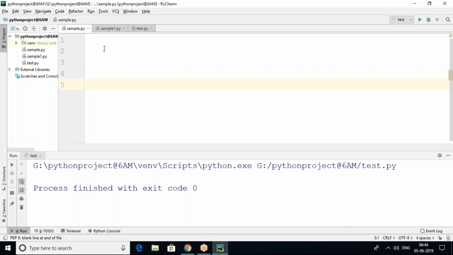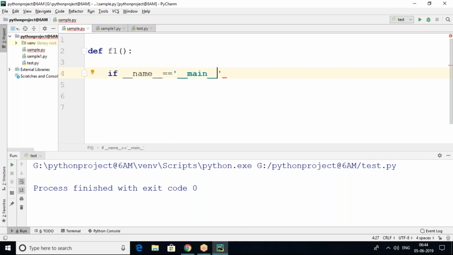For example, you can see this is sample.py. In this I'm using def f1 function. Here I want to check if __name__ equals to __main__, then I want to print "code executed as individual program".